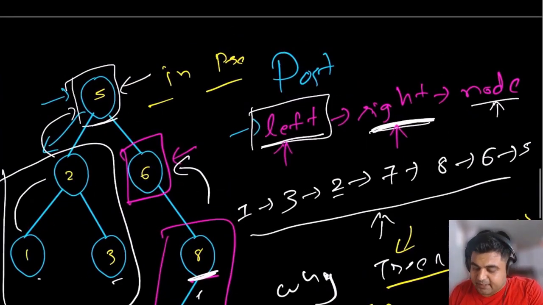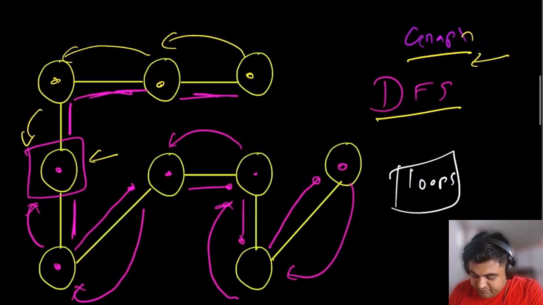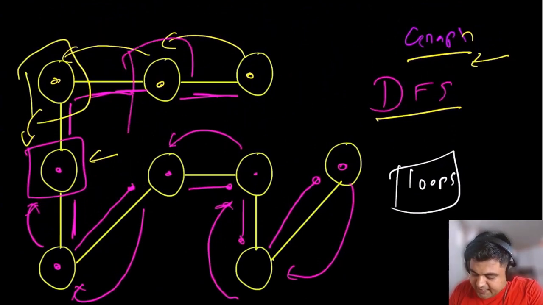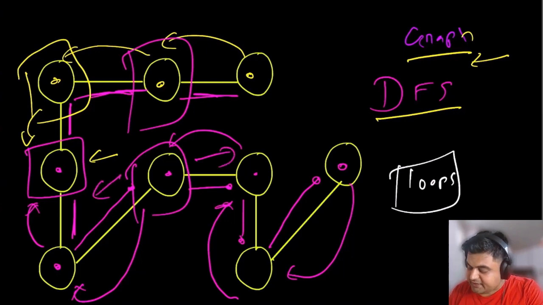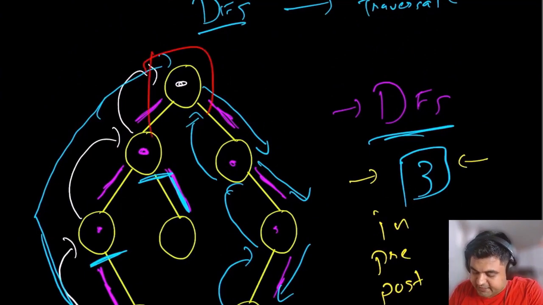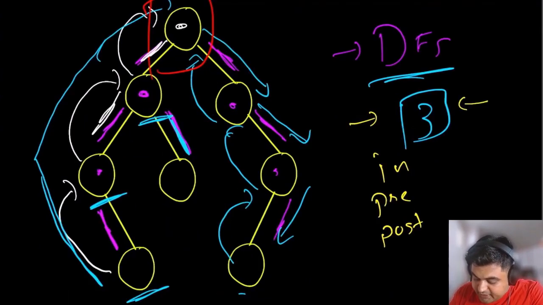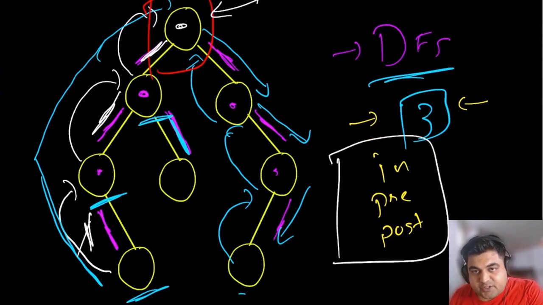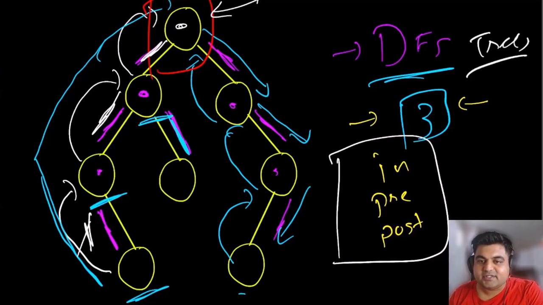And the reason is quite simple. For a graph, we are able to start at any single position and start iterating in the DFS fashion. Meanwhile, for a tree, we are limited to start at the beginning. And when we start at the beginning, we have a couple of possible ways to iterate over it. Either we keep on going in the left direction before moving on to the right direction, or we mark the node first before moving on to the other nodes. And that is why this in, pre and post method is in action for trees. Meanwhile, there is no such concern for graphs.